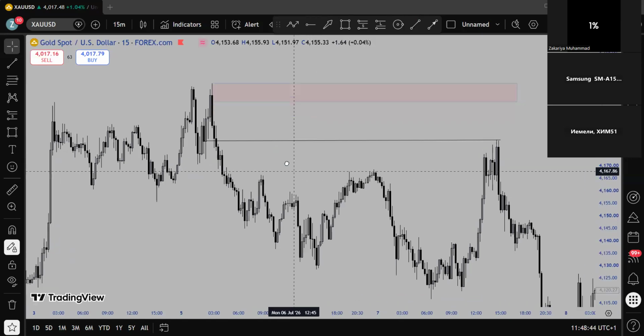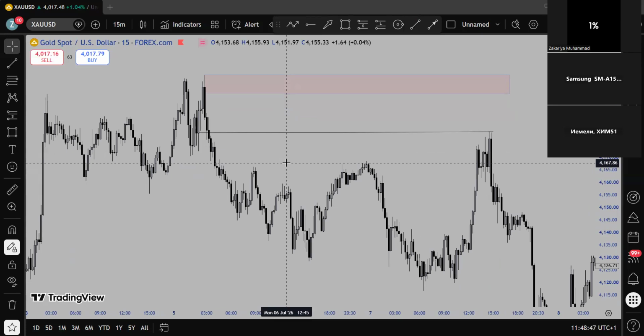I understand. We use the lower time frame for confirmation if you want it, but daily is telling you, okay, this is the valid zone to sell. 4 hours is telling you it's a valid zone. So you have 2 different time frames telling you one thing. If the higher time frame is telling you something, that does not mean you have to go against it because you have a lower time frame structure.